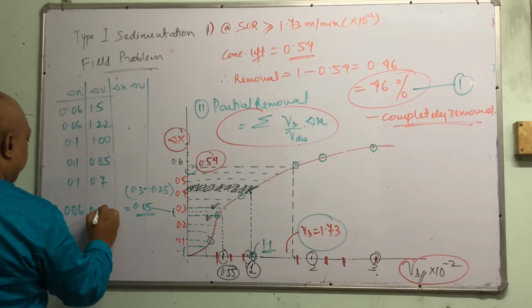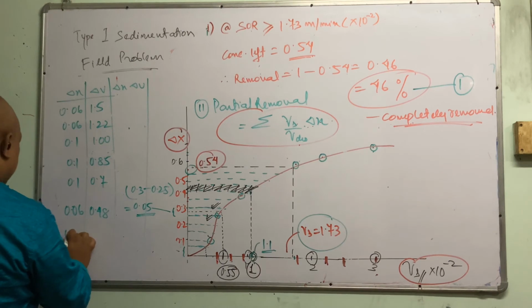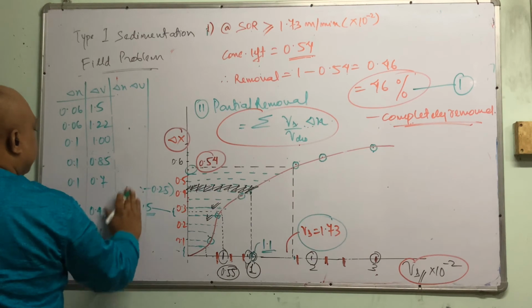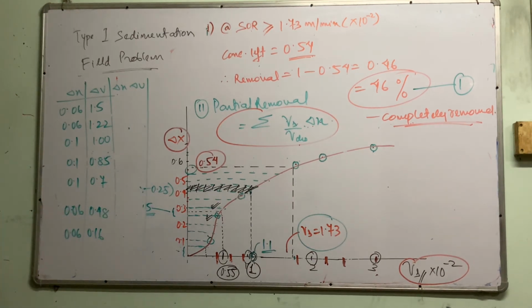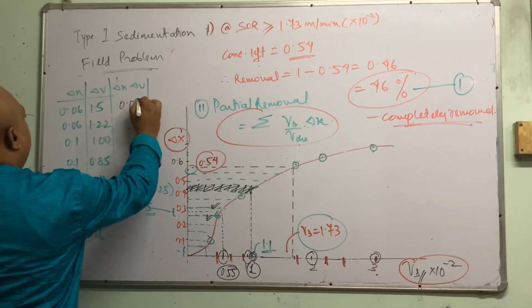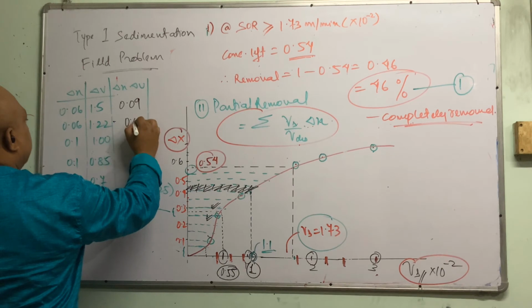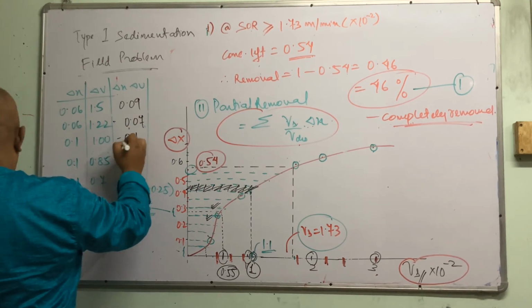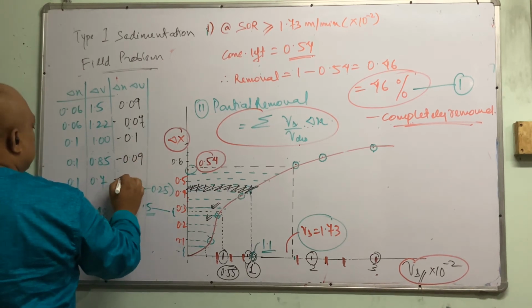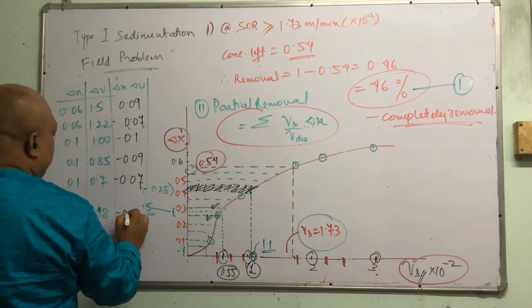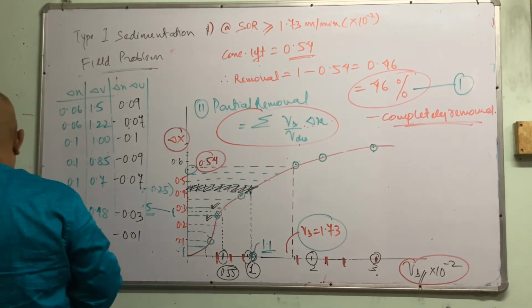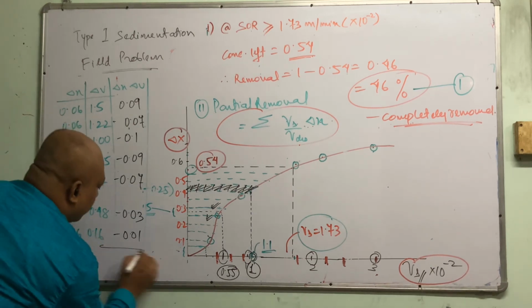Then 0.1, 0.7, 0.06, 0.48, 0.06, 0.16. And the product is, this is from the book, the product is 0.09, 0.07, 0.1, 0.09, 0.07, 0.03, and 0.01. Okay, and the total summation is